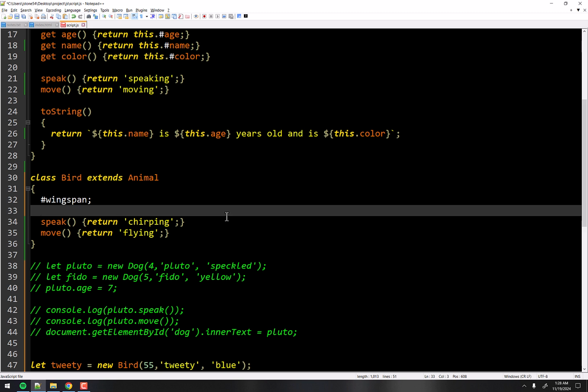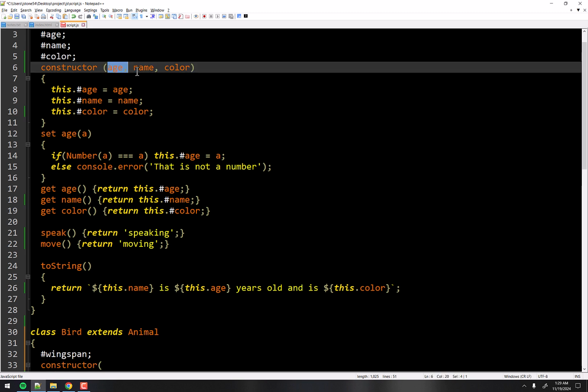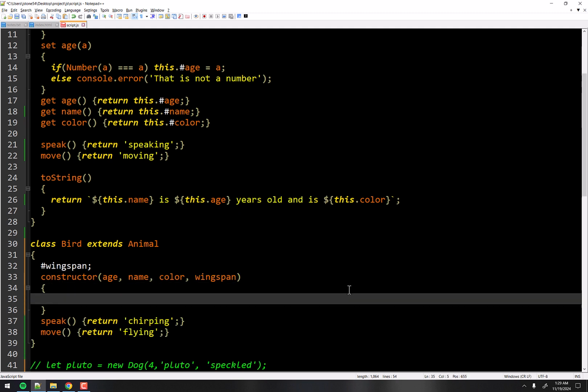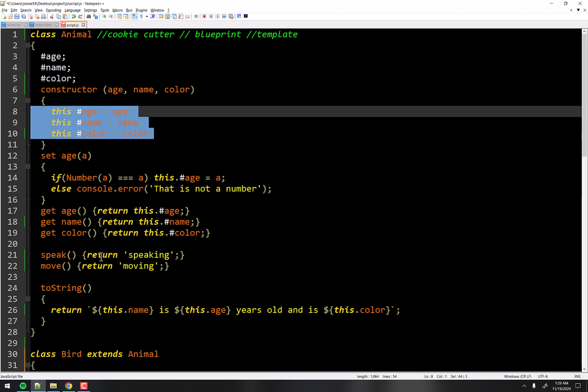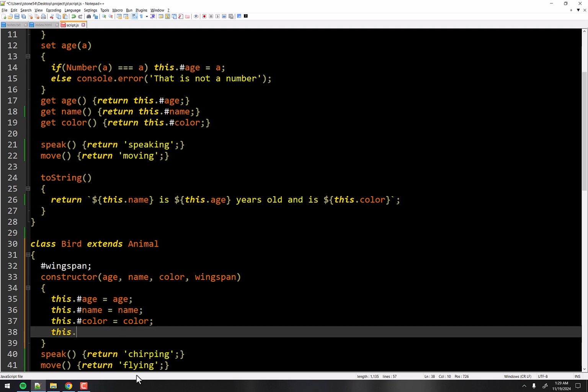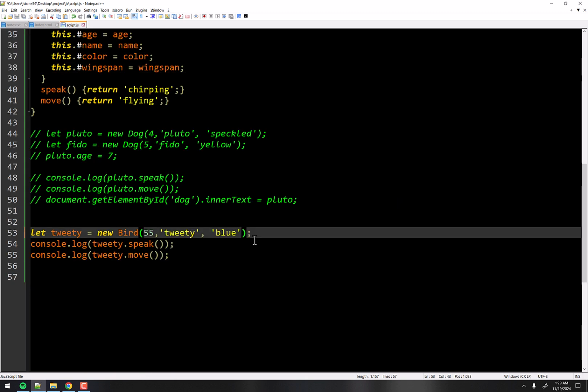And now we can make a constructor, and the constructor will still take in these 3 things, right? That's part of what the animal does, because if you're an animal, then you have to have those 3 things. That's kind of the rules we've set here. But also let's take in wingspan, okay? Now, we could copy and paste this code right here to handle the first 3 variables, right? And then the last variable will do this dot wingspan equals wingspan. And so we'll pass in a wingspan here of 55 feet, or we'll do like 20 feet,